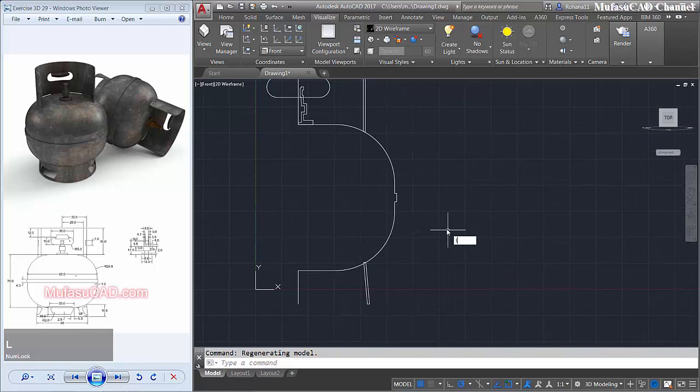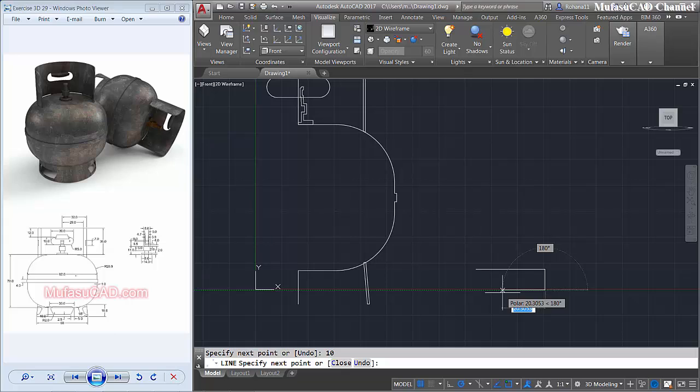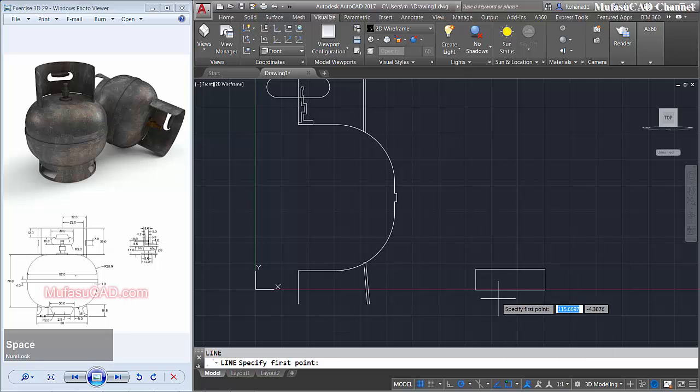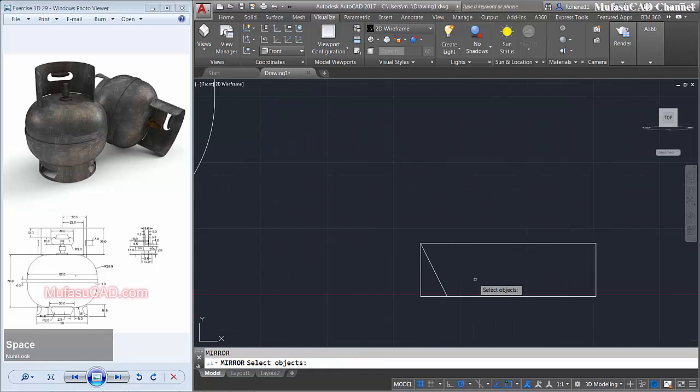Okay, we create a line again, starting from this point to the right with length 33, move to the bottom 10, and move to the left here 33, close. I will create a line, starting from this point to the right 5 and move into this corner. Use the mirror command to mirror this line object, starting from this point to the top, and then I will trim this line object and this line object. Select these 3 line objects and delete.